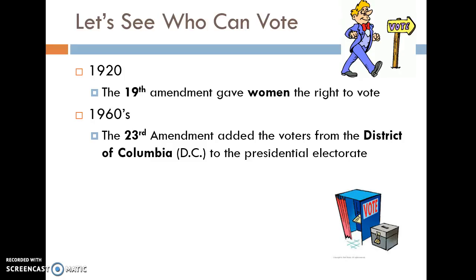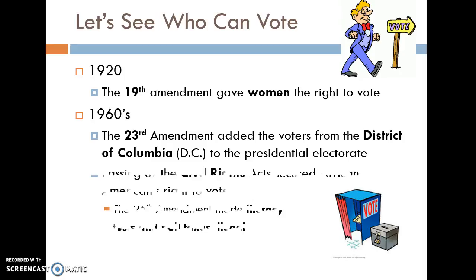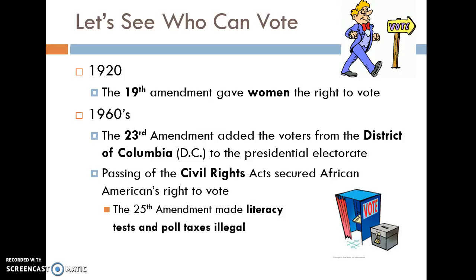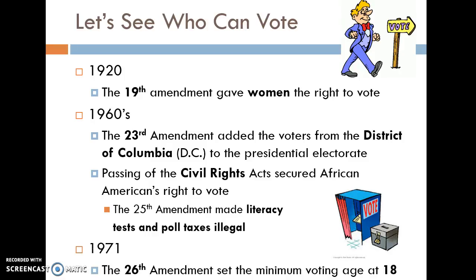I guess you can think of it that way. Anyway, the passing of the Civil Rights Act in 1964 secured African Americans' right to vote. It made literacy tests and poll taxes illegal. In 1971, the 26th Amendment gets passed, making the minimum voting age 18 years old.